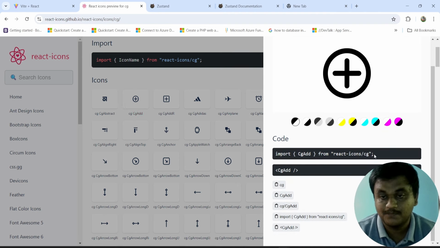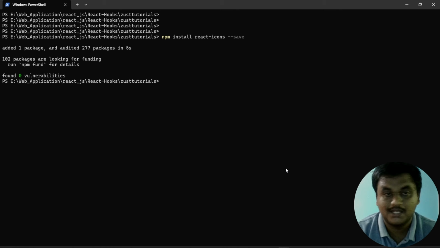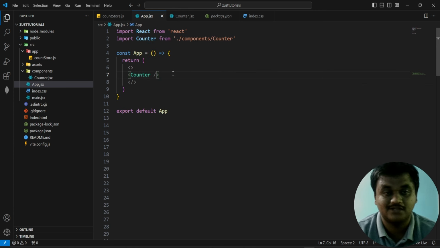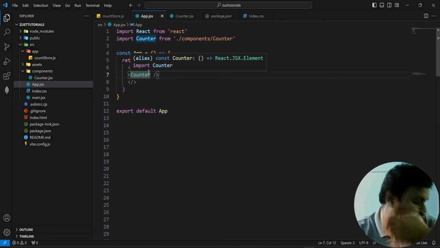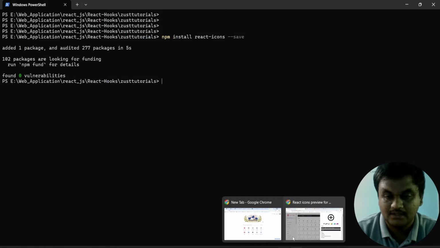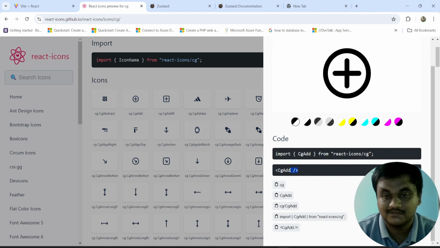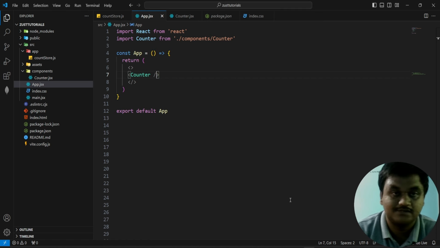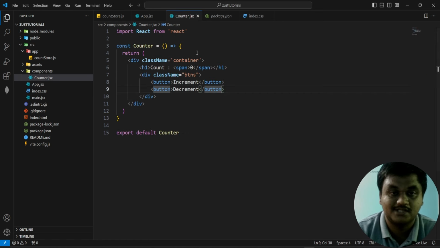First, you are going to import that icon, then you are going to make it a component. Like how components are rendered in the application, like in app.jsx, we render functional components, and class based components also, we inject in the same way. We are going to use this component. Copy this and go to VS Code, and in the counter.jsx component,